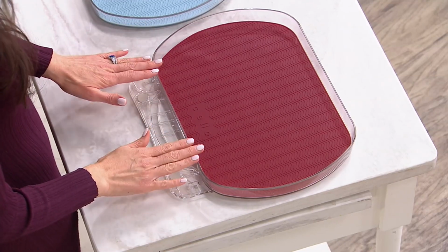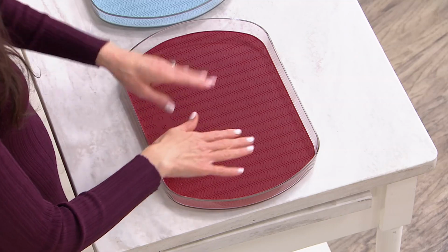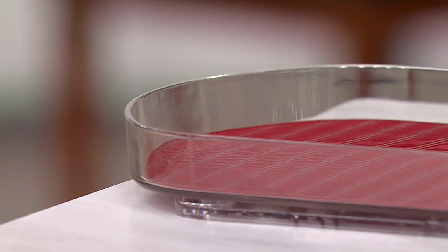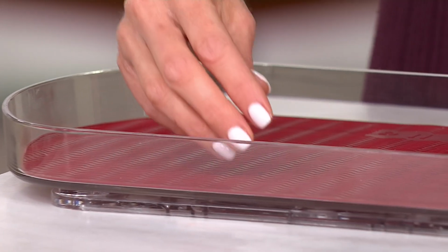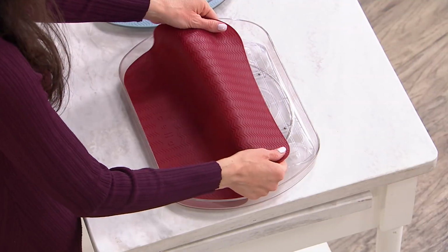Now, the idea behind this is, first and foremost, we gave you that low wall construction because we know you're going to have the taller bottles, but maybe that shelf up above it is a little low. So there's not a lot of clearance. So rather than having to lift it up very high to get that bottle out, you only have to lift it about 1 inch. The second thing is we give you this antimicrobial liner, a silicone liner on the inside